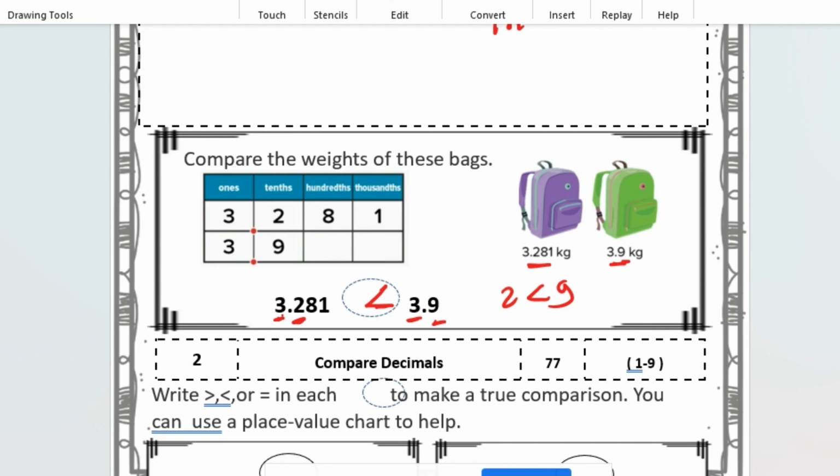Comparing, we just look at the first digit from the first number and compare it to the first digit from the second number. If they are both the same, we move on to the next one. And if they are the same, we move on to the next numbers until we find a number that is bigger than the other, which makes the whole number bigger than the other number. Okay? Now,